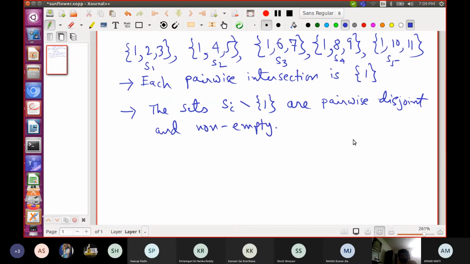So what do they look like pictorially? There is this element 1. There is this singleton set containing the lone element 1, which sits in all the sets. We'll call it the core. And then the remaining elements of each set, we'll think of them as arranged like this in the periphery.